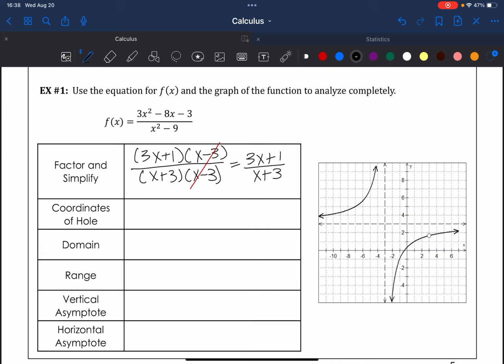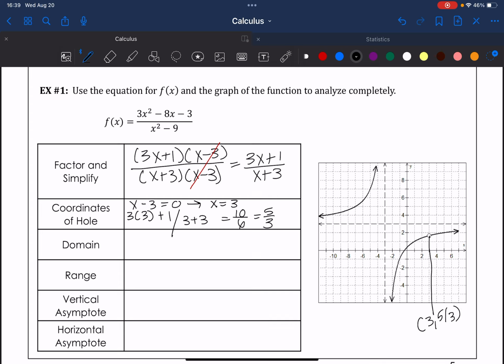Now it says to find the coordinates of the hole. This is a point of discontinuity. We know that the point of discontinuity is wherever we canceled out, so that's the x minus 3. We set that equal to 0, and we get x equals positive 3. We then plug that 3 into our reduced function to find our y value. This is 3 times 3 plus 1 divided by 3 plus 3, which gives us 10/6, which is 5/3. So the hole is at (3,